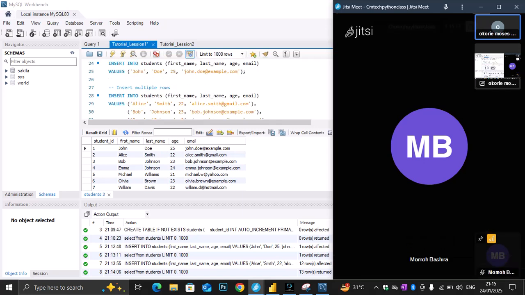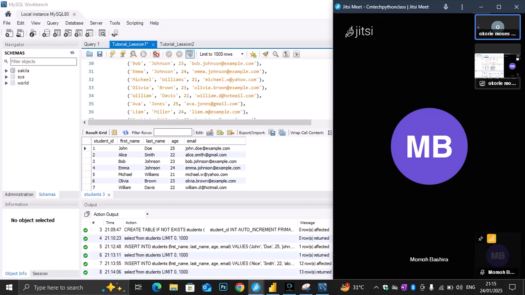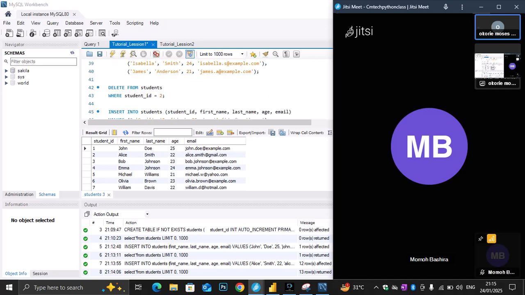Okay. We have inserted multiple rows. Now we want to delete the student ID. We say delete from student where the student ID is equal to 2. Automatically 2 will be deleted from it. Once I run,